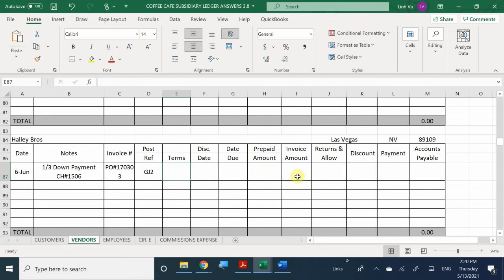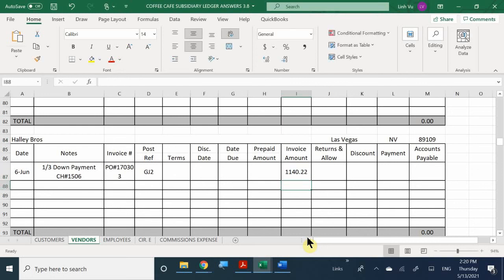How are we going to figure this out? Are we going to consider it as a prepayment or as an invoice or whatsoever? In this case, I want you to treat it as if this purchase order was a bill, that you were given the amount already, and this is how much you owe. So in this case, you owe 1/3 of the price. Here, I want you to recognize that the invoice amount is going to be